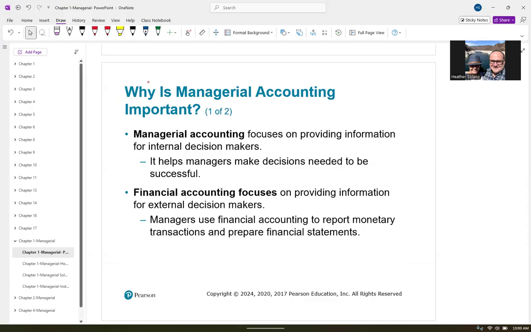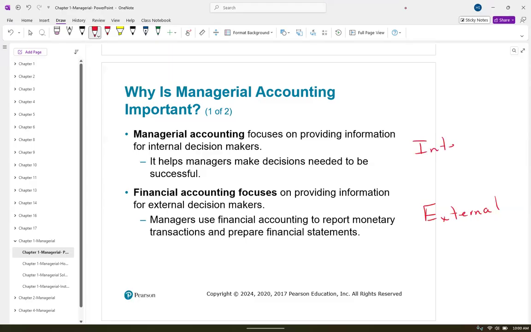But let's review way back in chapter 1 of Principles 1. We looked at these two exact definitions. We talked about managerial accounting and we talked about financial accounting. Financial accounting deals more with, think of the term, external. When we think of managerial, we are thinking internal. We still have these rules of GAAP that we have to follow for external purposes, but in managerial accounting, we're looking more internal.